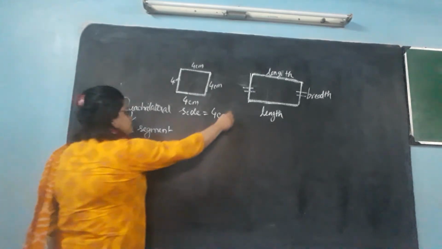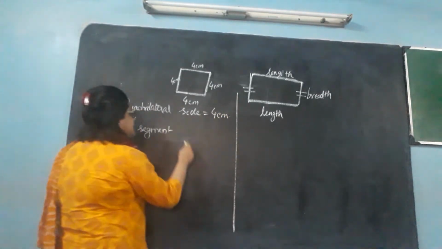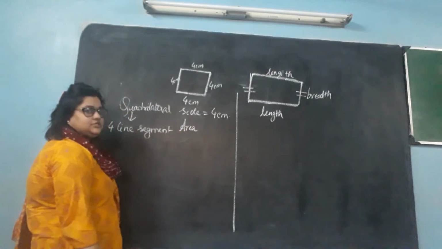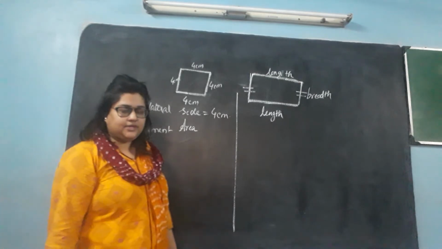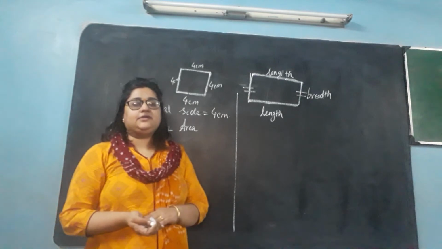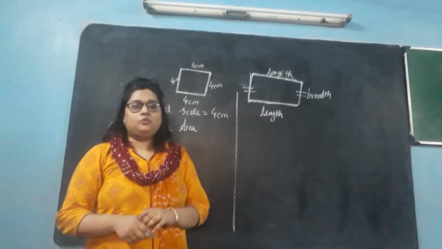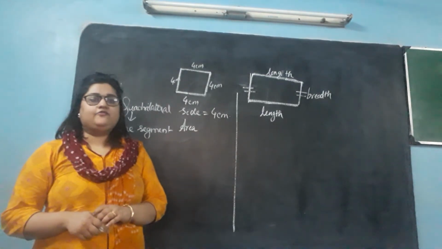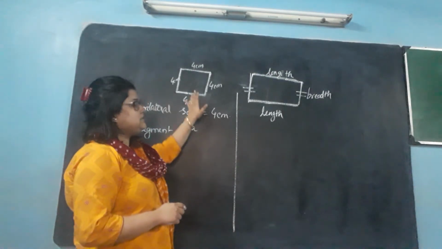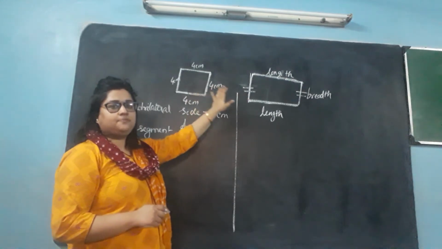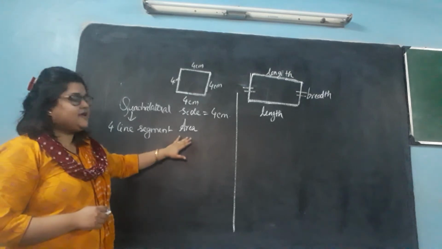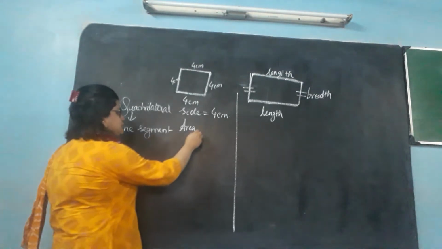Now we will go to the formula of area. Now what I said is that we are going to start with the area and perimeter chapter. Area means the space inside the geometrical figure. Perimeter means the measurement of the outer boundary. And for our study for class 5, we are only concerned about these two geometrical shapes, that is square and rectangle. So how will I find the area of a square?